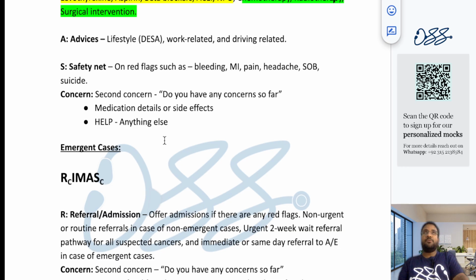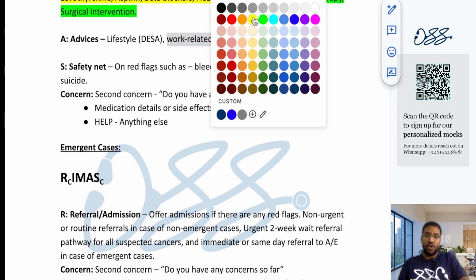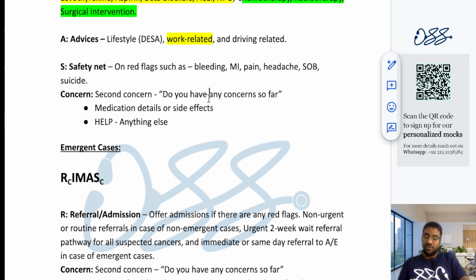Sometimes you may want to give work related advice, for somebody presenting to you with stress headache, the band like headache that is there in case of stress. So you could give work related advice that, okay, I understand, Mr. Adam, that your work is a bit difficult, and I know that you've been working late, and I know that you've been working really hard. So how about you try to take some time off from your work and maybe go on a vacation to do some stress busters and try to relax a bit?